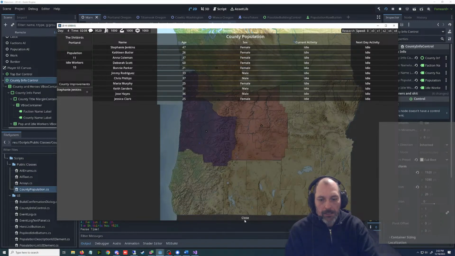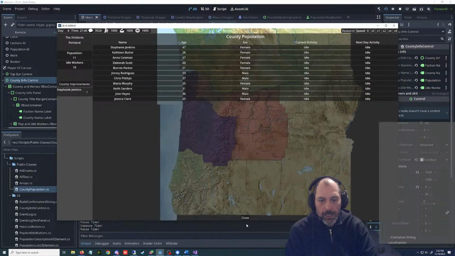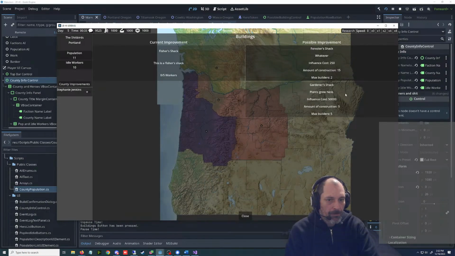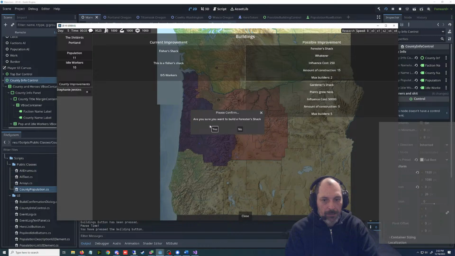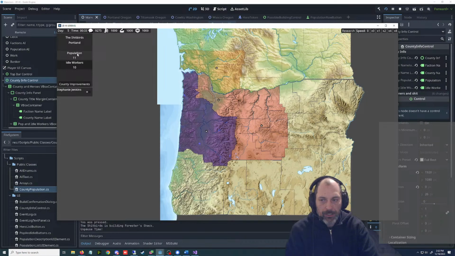Let's let it go for another day. It's after work. They're all idle. You know what we could do to test something else here too is we could build another thing to see if this even continues to work. We haven't tested that.